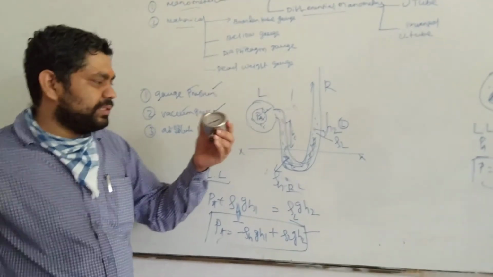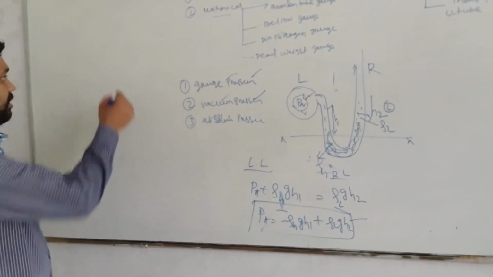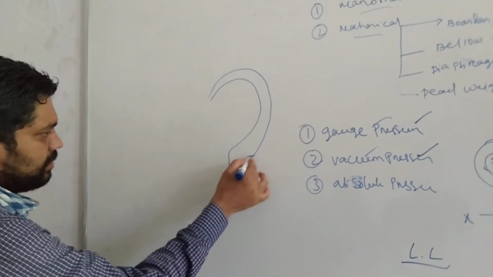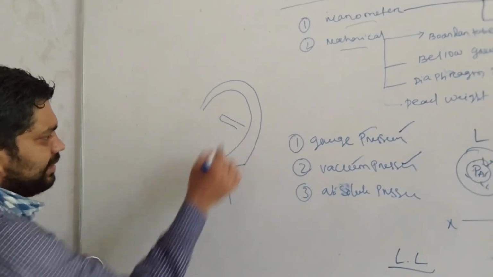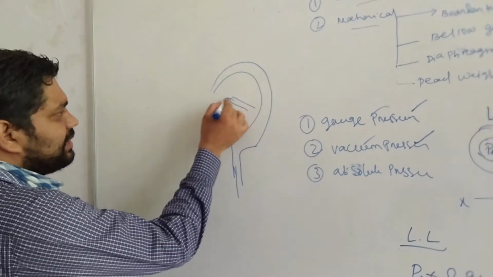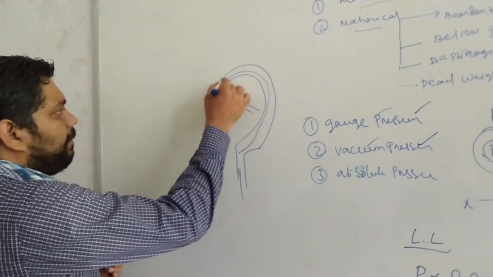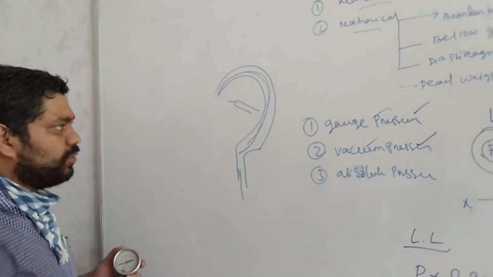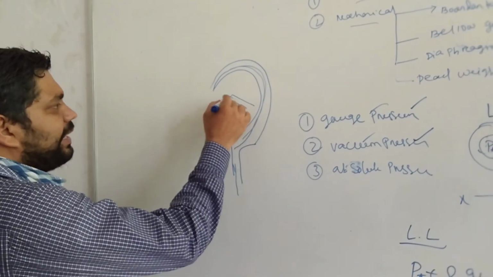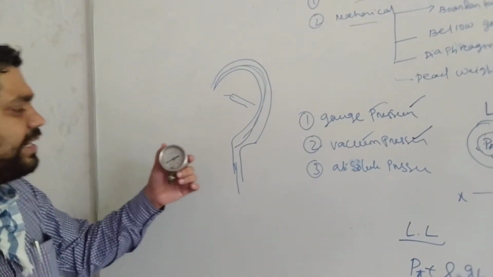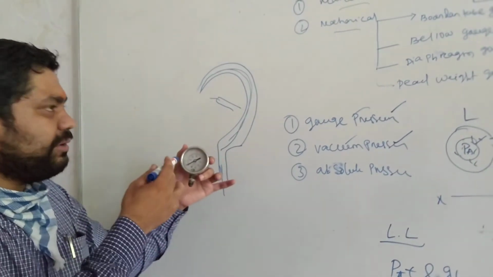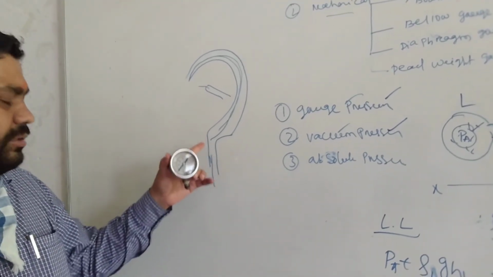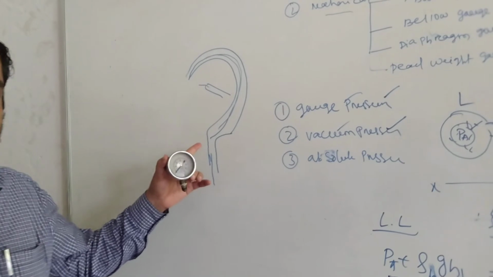So how is it a Bourdon tube pressure gauge? Under that Bourdon tube pressure gauge, there is a tube and there is an indicator. When the pressure goes through this Bourdon tube, the liquid pressure will go, the gas pressure will also go, and it will move your indicator. Reaching here, the indicator shows how much pressure there is. So that's why this is mechanical, using mechanical forces. That's why this is a mechanical gauge.